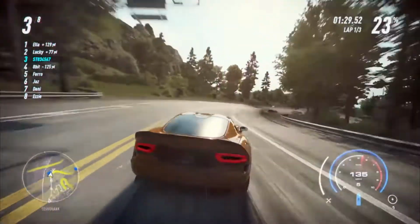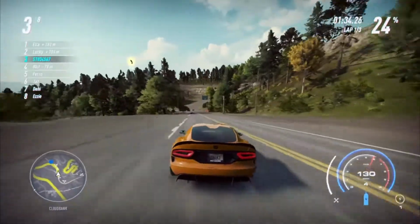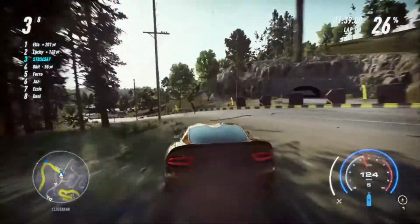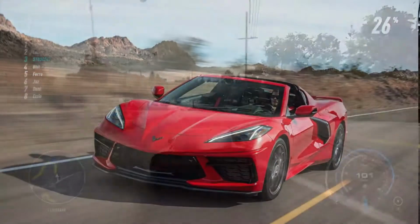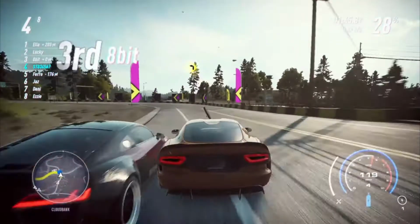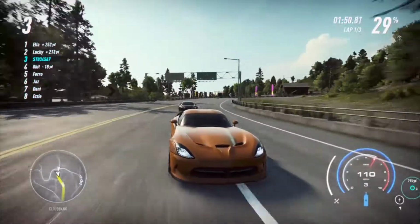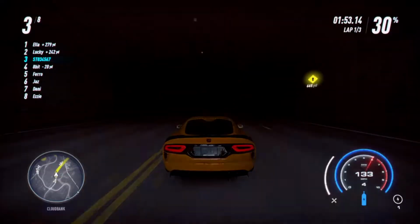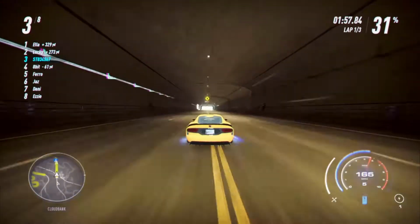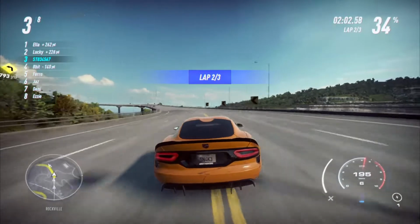All right, and my pick for the number 1 spot. I think you all saw this one coming, but here it is anyways. The car that I wish was in Need for Speed Heat the most, the 2020 C8 Corvette. There's really nothing else to say here, other than I absolutely wish this car was in the game. A lot of people love this car, and I think it would have been again a really nice addition to have here in Need for Speed Heat if they got the chance to do it,